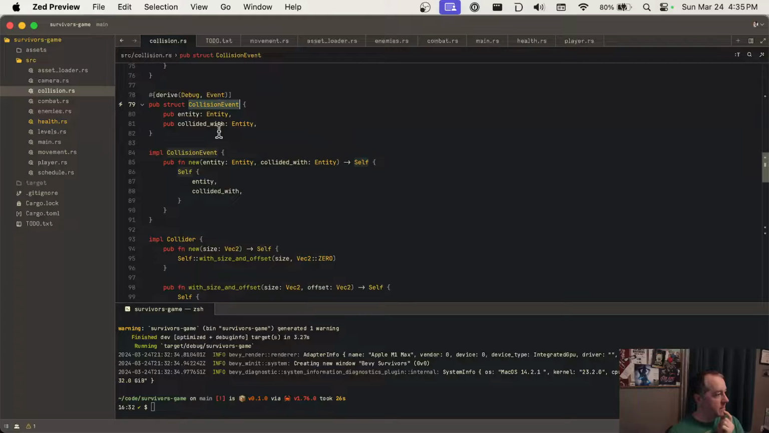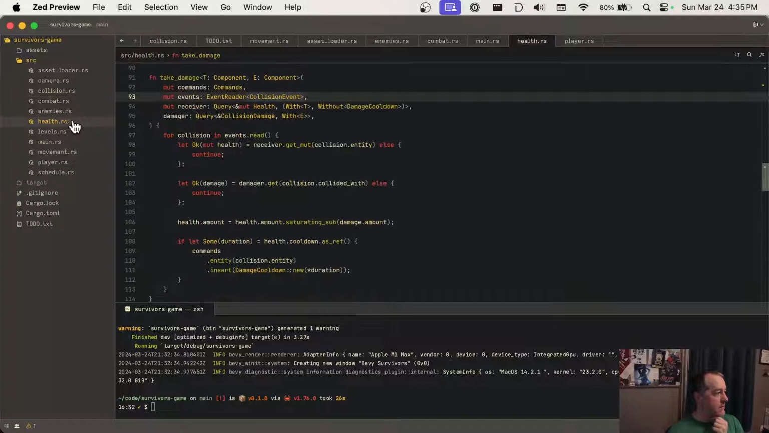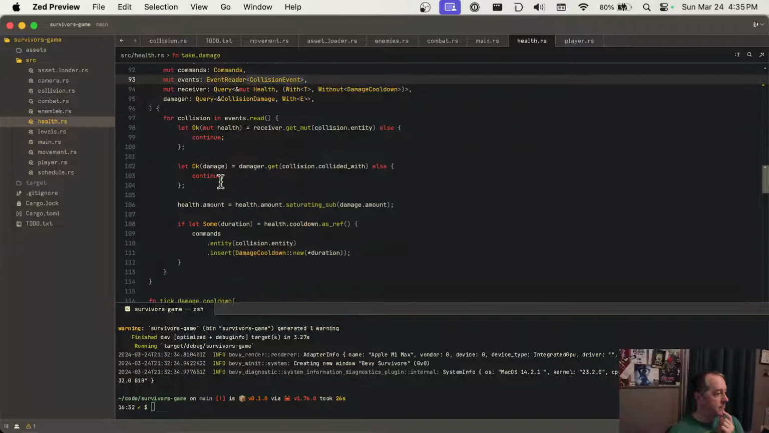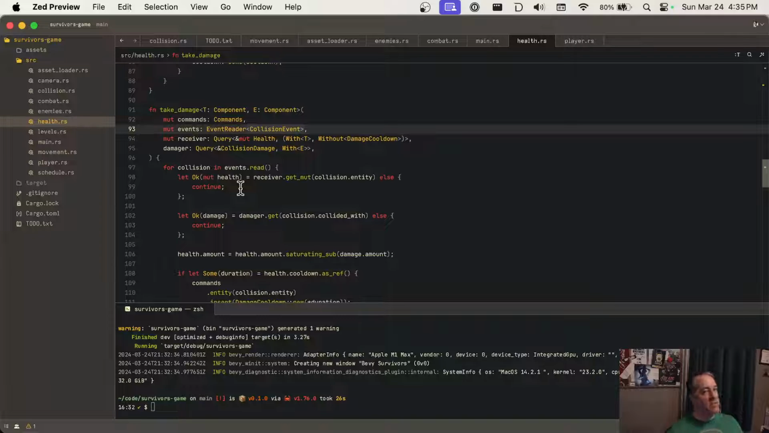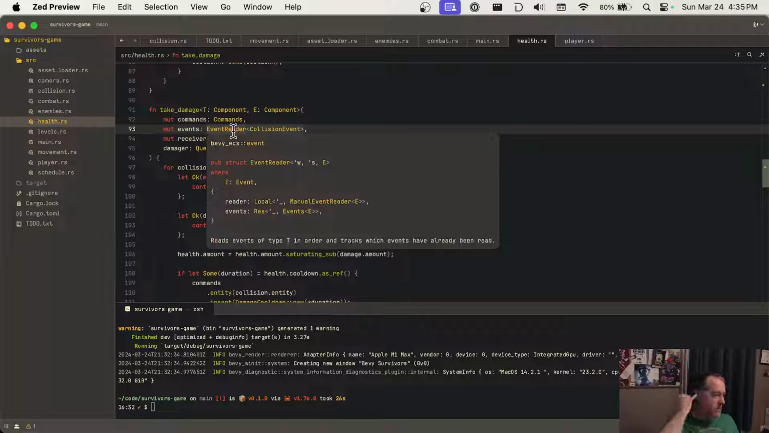Let's go to the collision event. Yeah, so we derive Event and Debug on that. And that might be interesting for other things, like we could have a total damage done to enemies counter. It opens up possibilities. The downside of events, of course, is it will delay